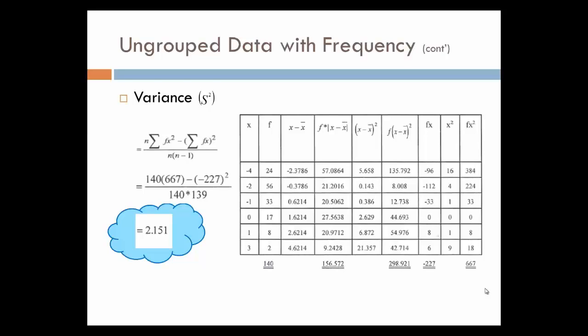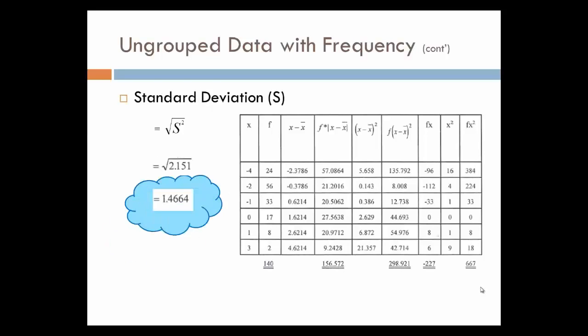Okay, you can see we have used this formula, and we have calculated the standard deviation, as I mentioned before, which is simply take the square root of 2.151, and that will give us 1.4664. Now notice there are other formulas to be used that I don't want you to pay attention to, but